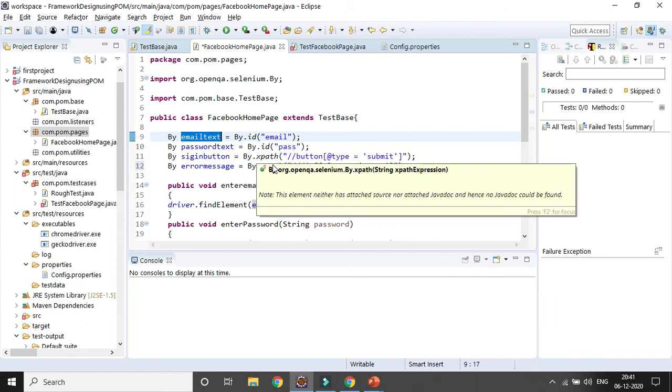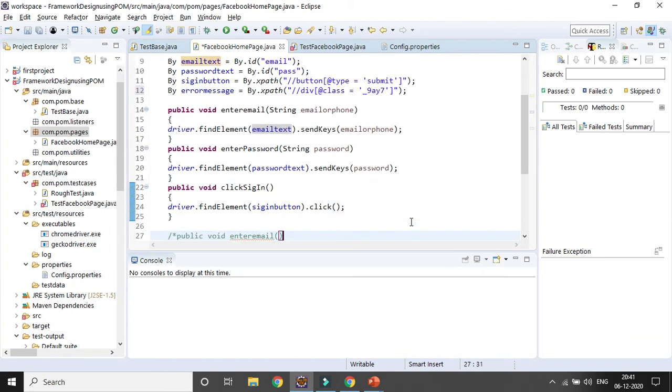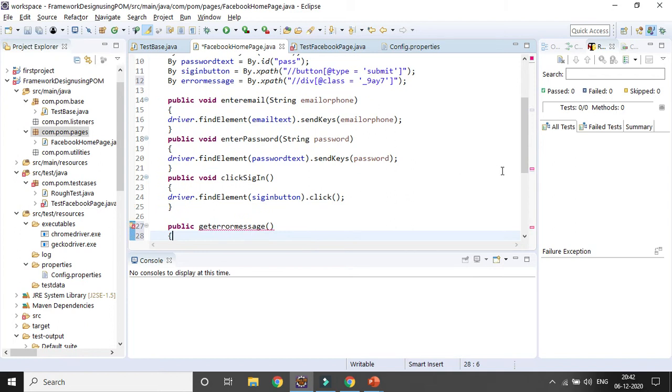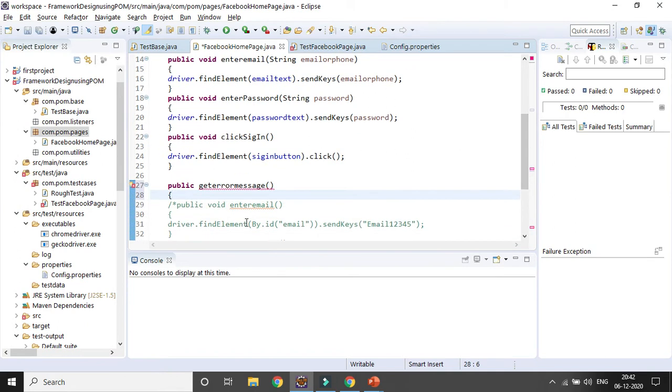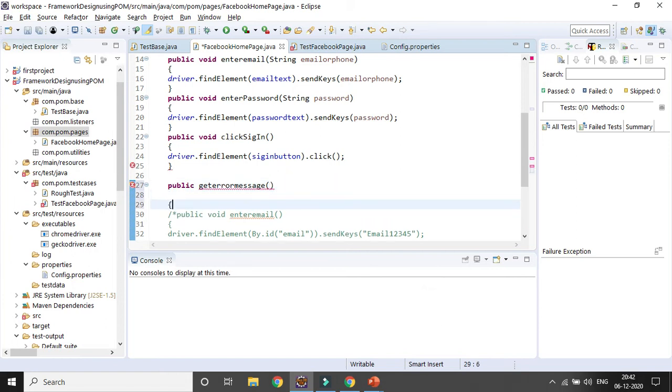So for verifying the error message, I will create a method here for capturing the error message. So public, then I can give some name, get error message, and then the brackets.